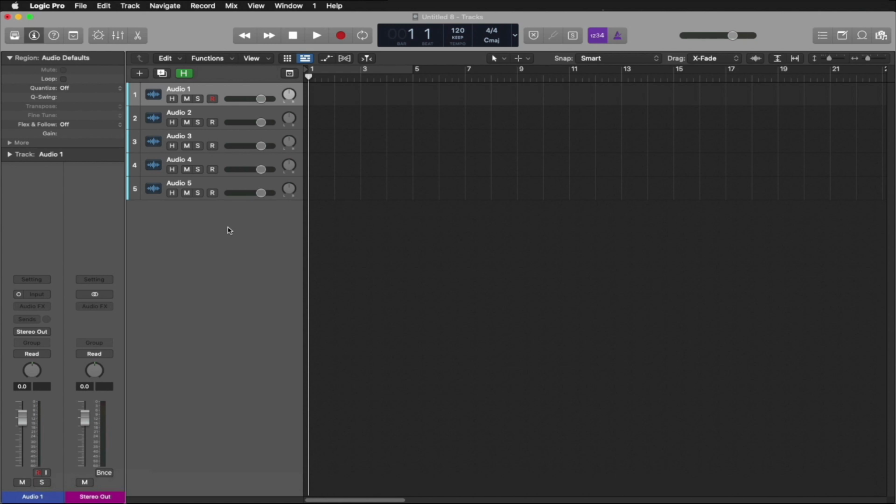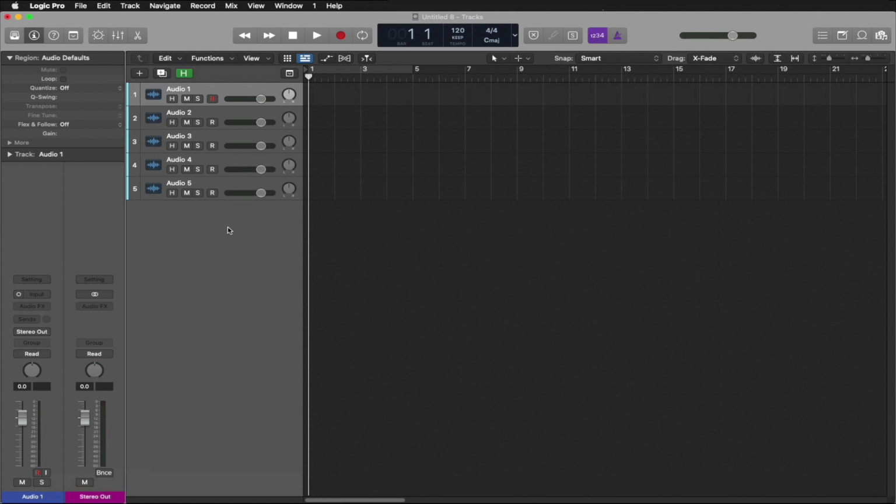Hello friends! In this video, we're going to cover a couple of the quickest ways to create single or multiple aux tracks in Logic Pro 10. We're not going to cover every use for aux tracks, but we'll cover a couple of common uses and how to create them quickly.